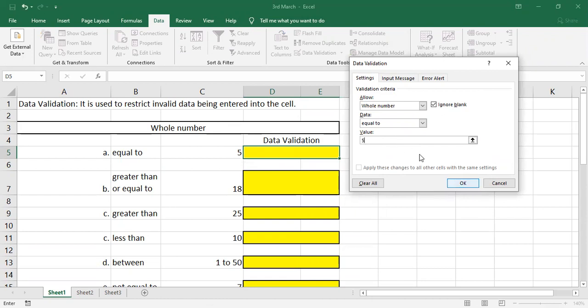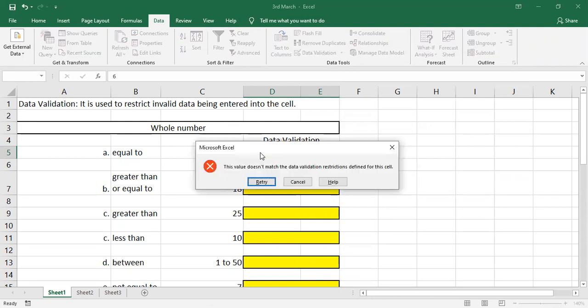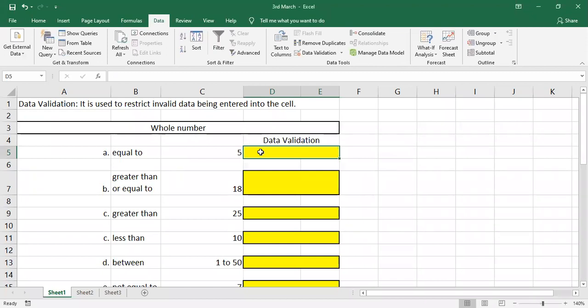Now if I click on OK, let's check whether I can give some other data here. I'll give 6. See what it is displaying: this value does not match the data validation restrictions defined for this cell, because in this cell I have validated that it should only accept the value 5. If I give 5, it will accept.